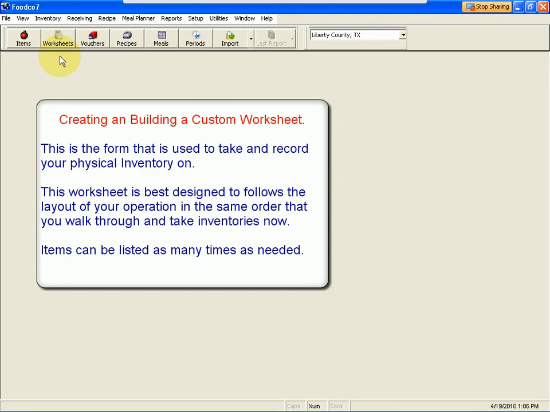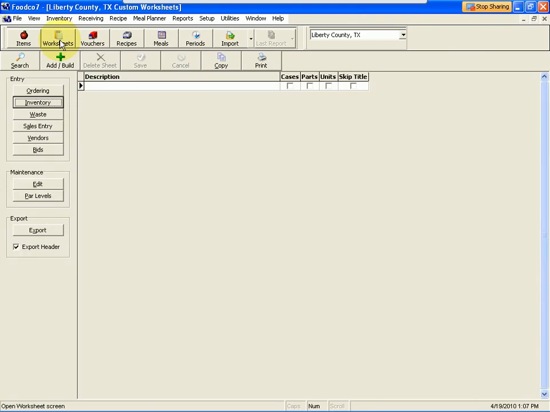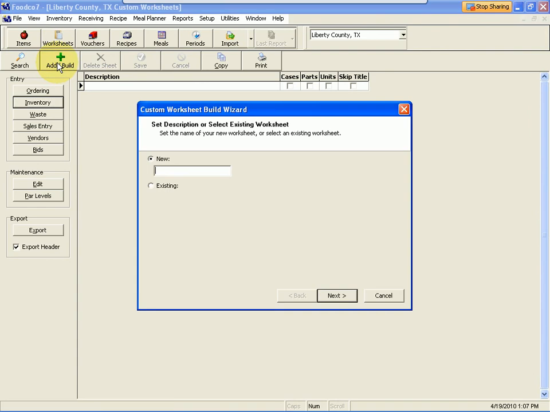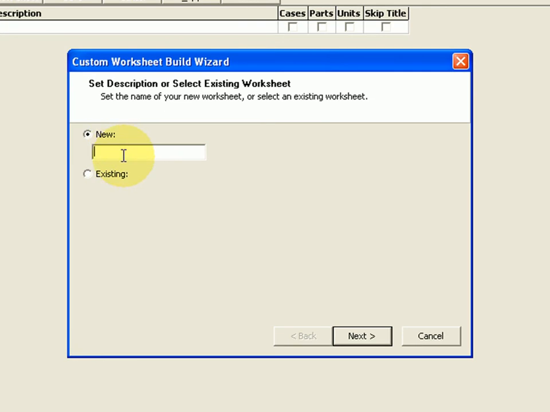On your physical inventory sheets, as you migrate them off of your current system, what you'll do is go into worksheets, and then what I'd like you to do is click on the add build button, which is going to allow you to create a new worksheet, bringing up the worksheet wizard. Go ahead and select new, but you want to create a worksheet with a unique name that no one